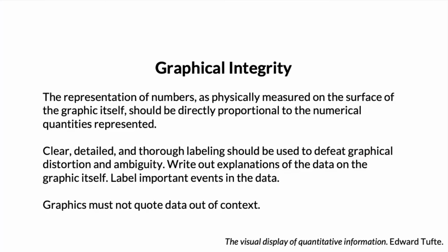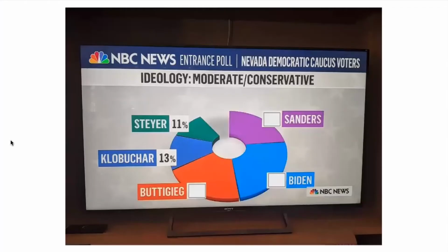So it's all about being clear, not distorting, not being ambiguous, making sure that our visual elements accurately represent our data. And so a good example of that is if you're using 3D graphics, that can distort the size of elements